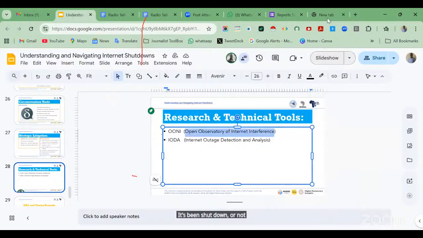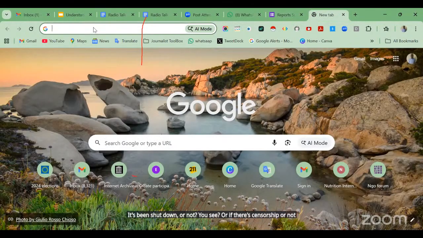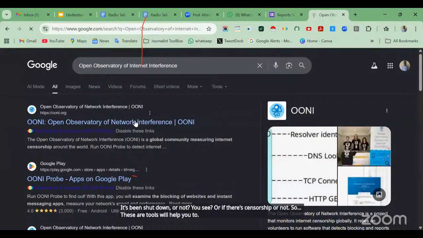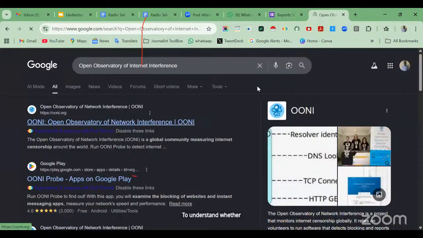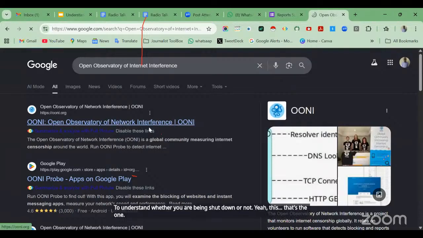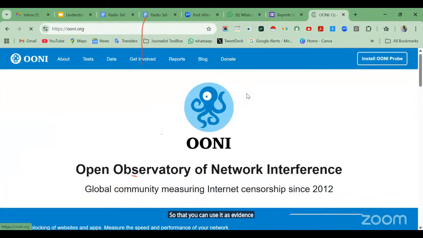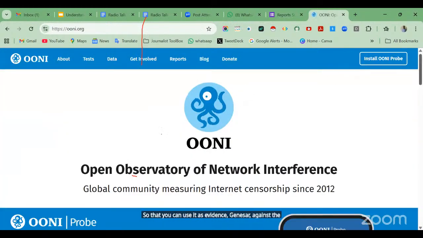You see, or if there's censorship or not. So these tools will help you to understand whether you're being shut down or not. So that you can use it as evidence against the government. You see.